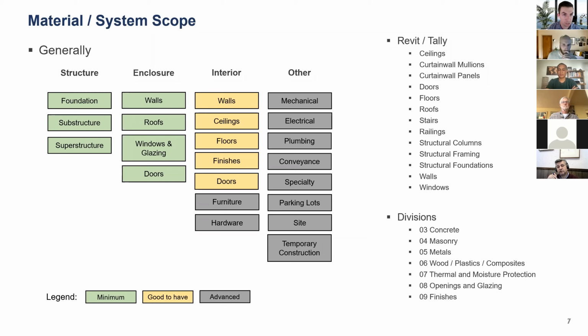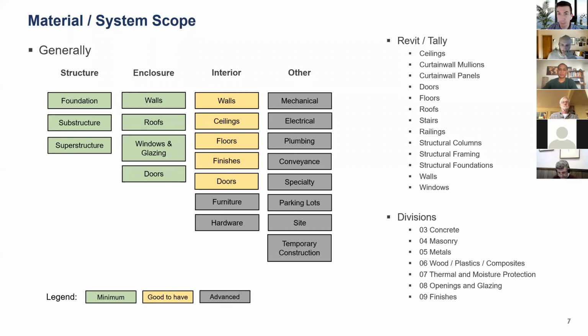With enclosures, there are different types of systems that you can compare. And then interior systems are good to have in these analyses, but they can get a little bit more tricky to account for. You have to start accounting for replacements of some of these materials over time, either because of durability issues or because of just aesthetic replacements, let's say on a 10-year rotation cycle.